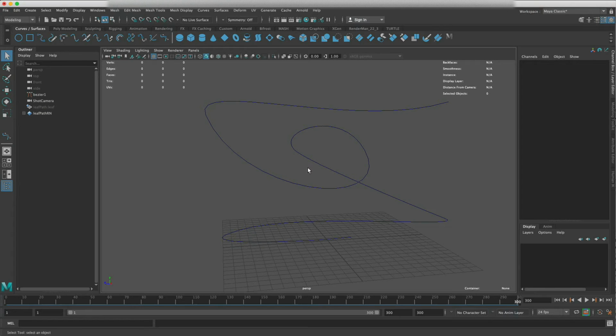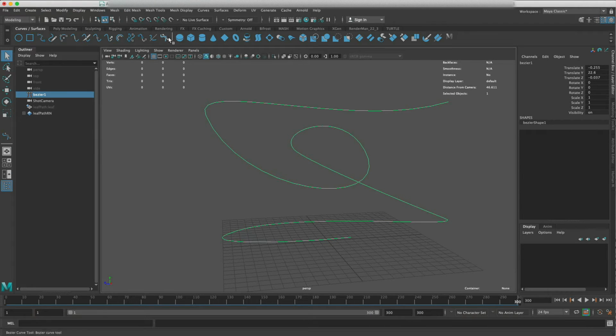I want to give some quick tips about working with the Bezier tool in Maya to create curves. Traditionally, we created curves using the EP or the CV curve tool, but that was always a little bit difficult to manipulate, working with these points and these holes. But now, in more recent versions, they have the Bezier tool in Maya, which is a lot easier